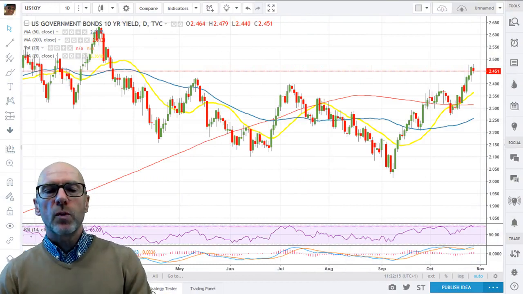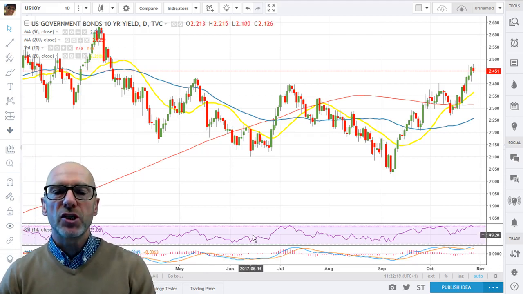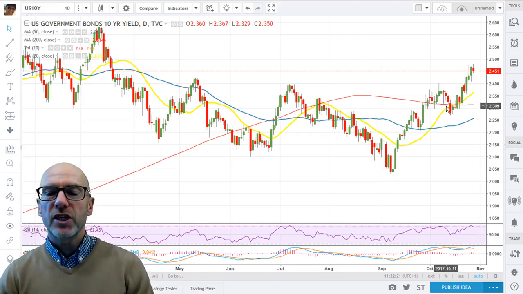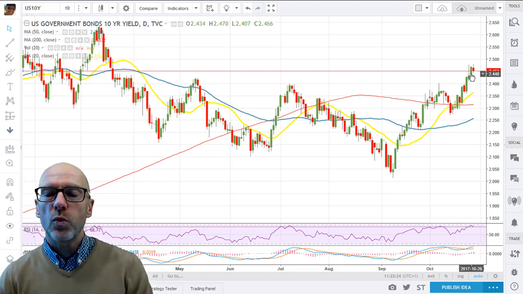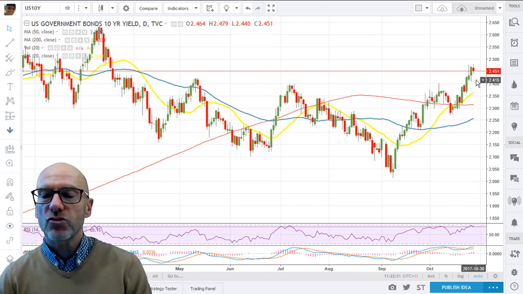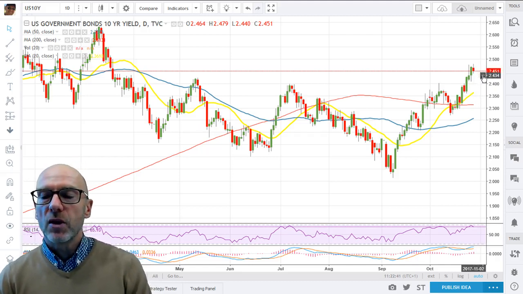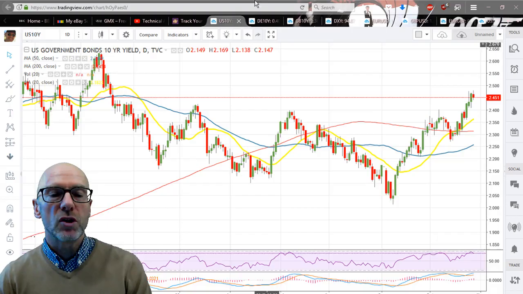So let's start with the treasury markets, and here's the yield on the 10-year US bond, and you can see that it broke up through the week. It's broken the pattern of lower highs that we were getting, so it's broken that downtrend, which is good, and is back above the moving averages and showing positive momentum. Slightly overextended away from the 20-day, so maybe a consolidation expected from here, but momentum does look good.